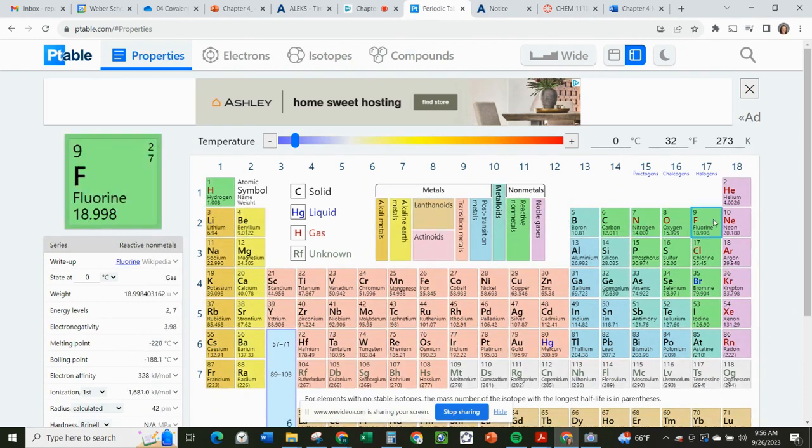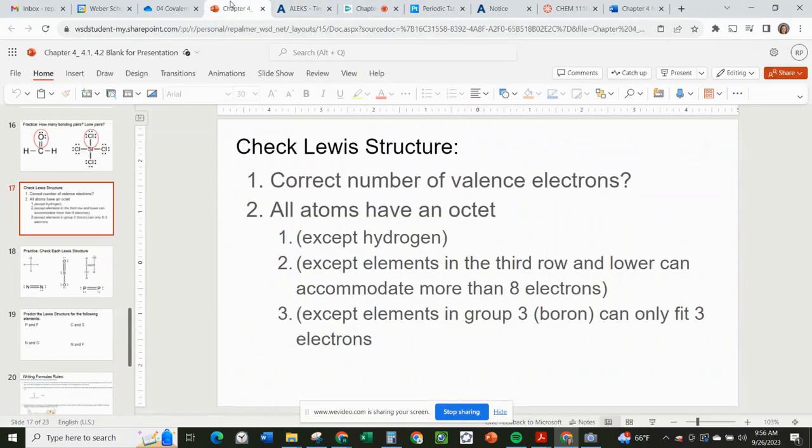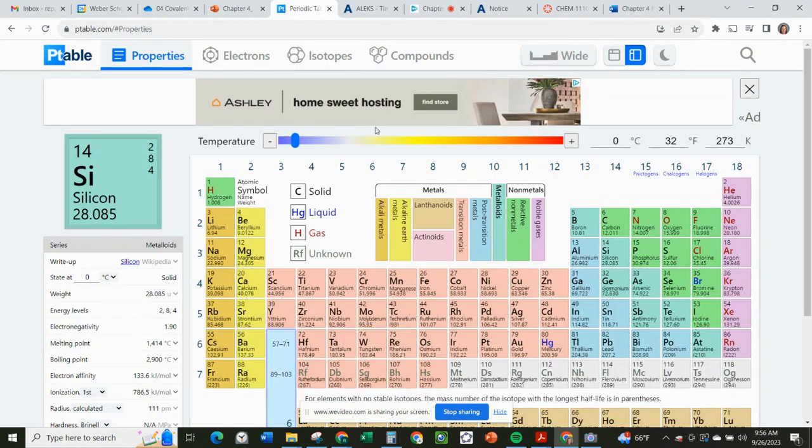So this is the first row, and it says anything below the third row can accommodate more than 8 electrons. So let's go back over here. This row, they can only have an octet. They're too small. They can't fit extra stuff around them. But once we get down to things like phosphorus and sulfur and chlorine, if the phosphorus is a central atom,